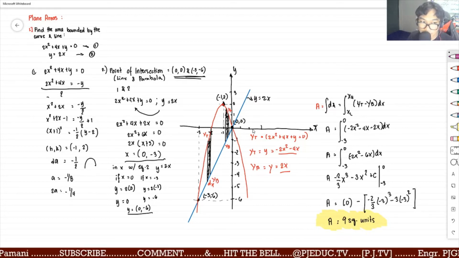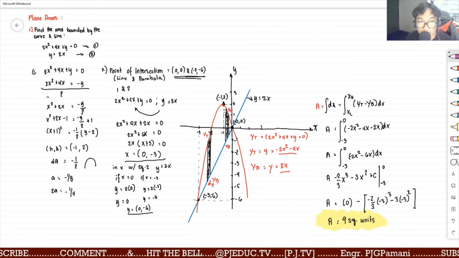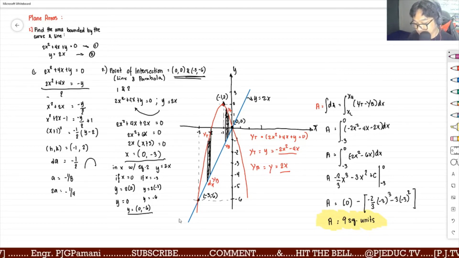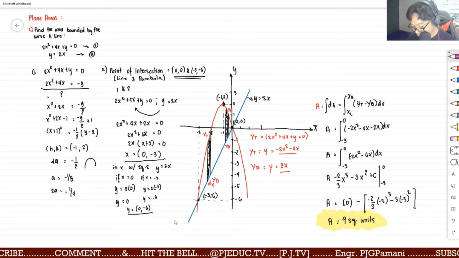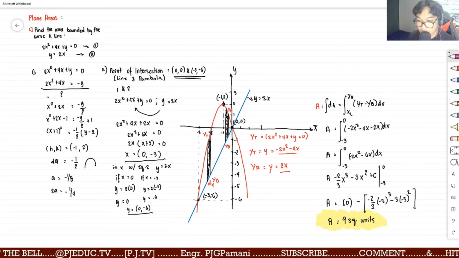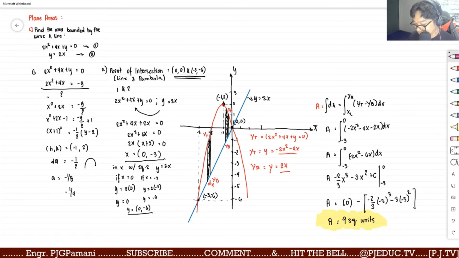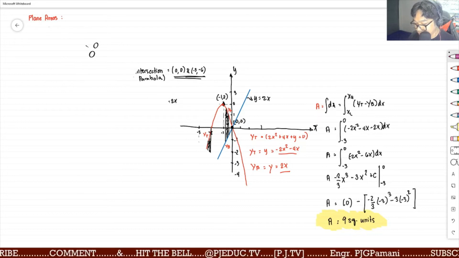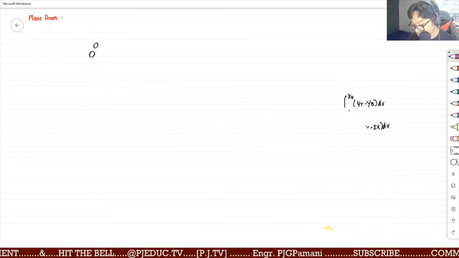Marami pang pwedeng example dyan. Inverted parabola to upward, to the left, to the right, downward, and intersecting lines, so forth and so long. So how about if we are now considering sine or trigonometric curves? Nakuha po yan? Yes, sir. Okay. For trigonometric curves or area under an arch